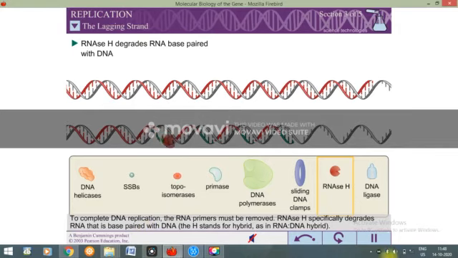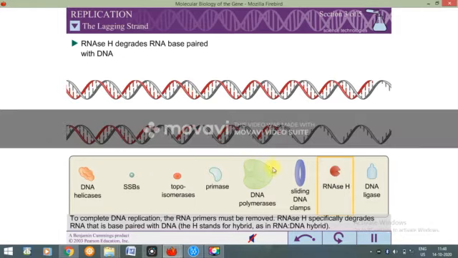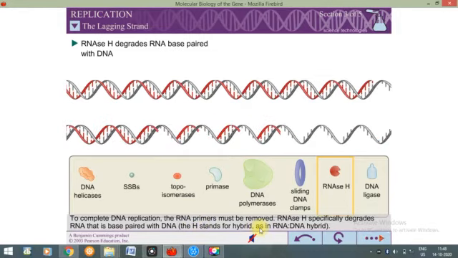Now this is RNase H, and RNase H has a tendency to cut RNA molecules. Wherever they are present, this RNase H will cut the RNA molecules. Okay, so as you can see, यहाँ पे जो भी RNA molecule था, RNase H ने उसको cut कर दिया. Now RNase H means it cuts the RNA DNA hybrid. Okay, H stands for hybrid. Just remember this. H stands for hybrid. And what is the function of RNase? RNase का function है to cut RNA.